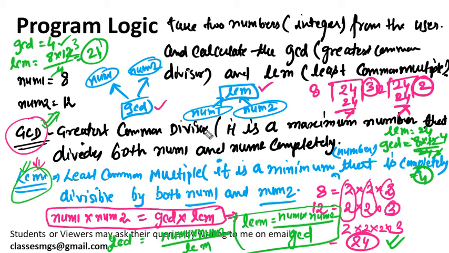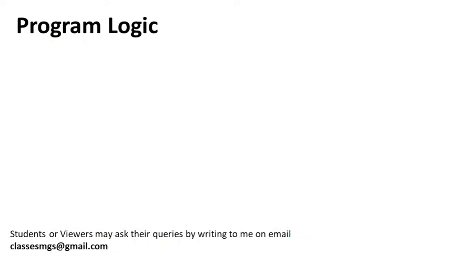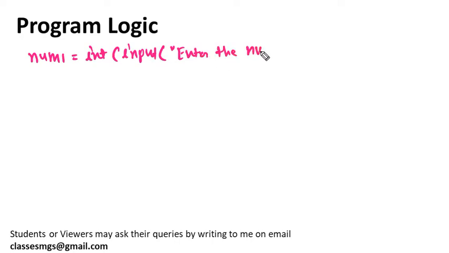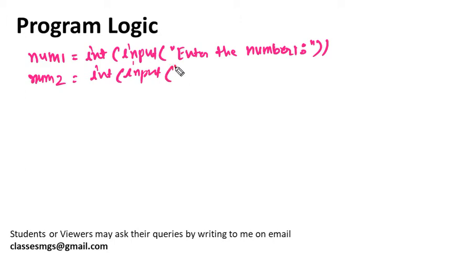So now we can go ahead and try to build the logic for that particular problem. So I am roughing this out and trying to build the logic. To build the logic, let's suppose how you calculate the GCD. Let's suppose number 1 you will take from the user. Input method you will use, enter number 1, and then you will take another input, number 2, and let's suppose integer numbers will be there. Input method you can use, enter number 2.